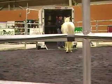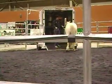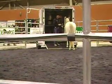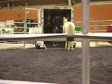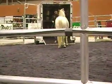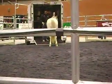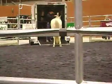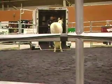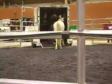You'll see that I will not attempt to ask this horse to go into the trailer whatsoever until it will walk up on this ramp without me touching it. If I got to touch him to get him onto the ramp, he doesn't want to go in the trailer. Well, if I put him into the trailer, then I'm setting him up to get hurt, because then I'm setting him up to blow up because he's afraid. If I can get him to walk up here and not park out like that, I just point, he walks up without any hesitation, then I can expect more. Then I can look for